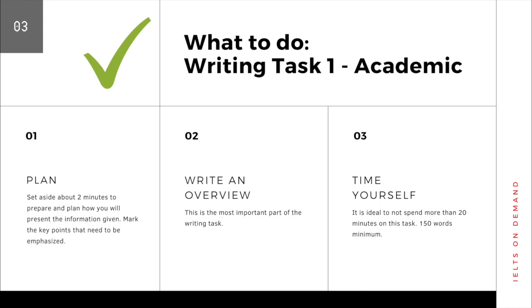What you need to do is to practice and learn while you're having your IELTS preparation. You need to learn how to maximize your time with writing task 1 so that you can use most of your time, most of the 60 minutes given to you by focusing on writing task 2 and developing your ideas